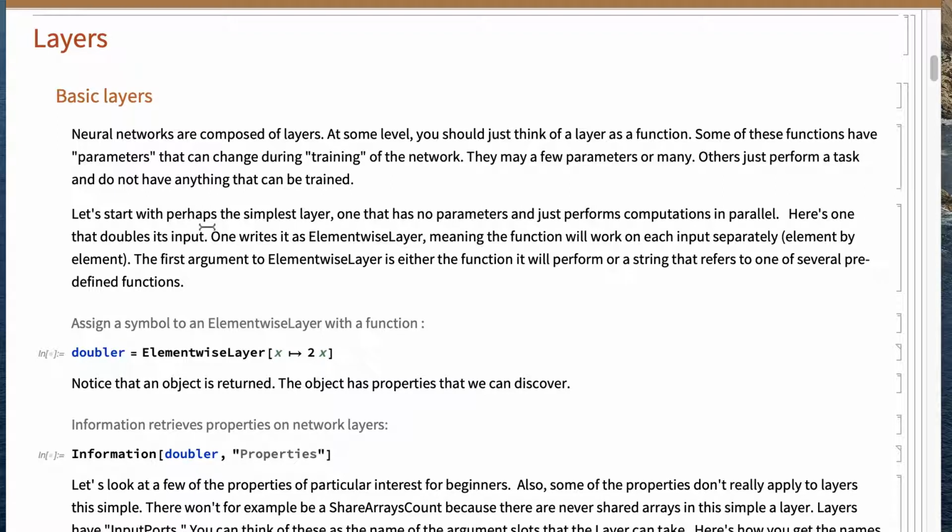Neural networks are composed of layers, and really a layer is just sort of a function. It has a little more in it, but at bottom it's a function. Now, some of these functions have parameters that can change during the training of the network, and in some sense therefore they are functions of functions. For example, imagine a function of some parameter p, and that in turn yields a function that is